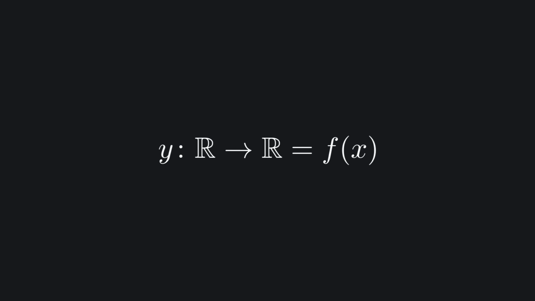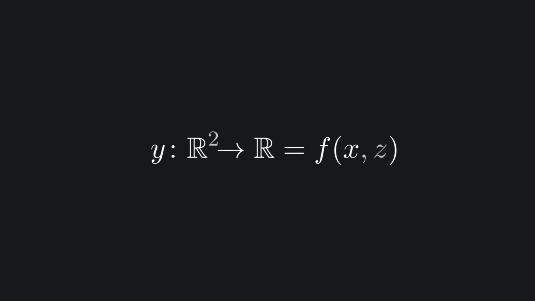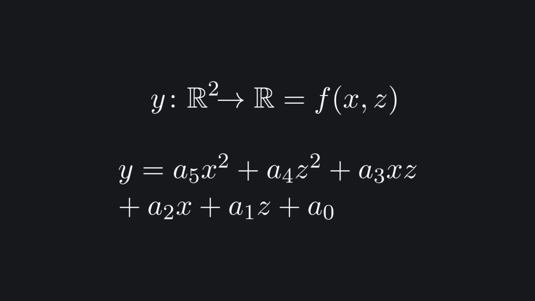Until now, we were working with polynomials with one independent variable, x, and one dependent variable, y. What about a polynomial with two independent variables? No problem, the least squares method stays the same. It is all about finding coefficients. So, for example, take y to be a function from a two-dimensional real space to a one-dimensional real space. Or, put another way, a function that takes x and z as variables. That function, in quadratic form, looks like this.